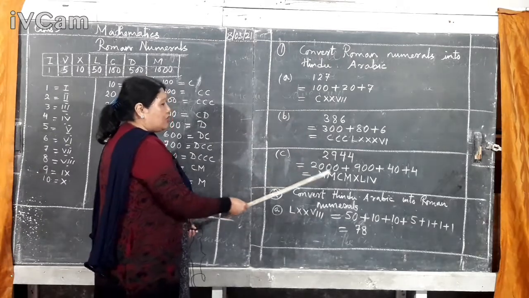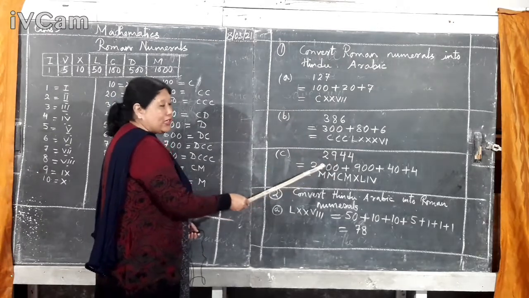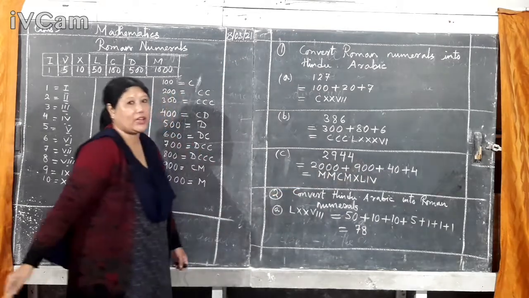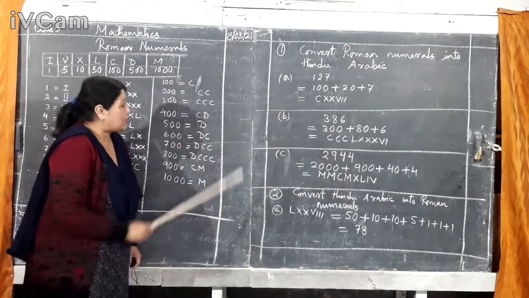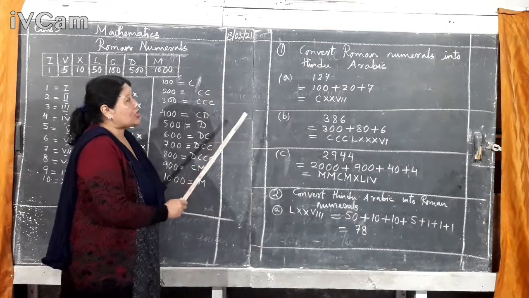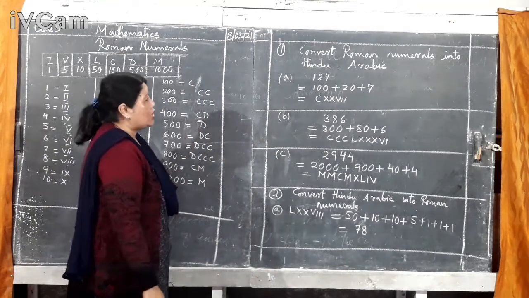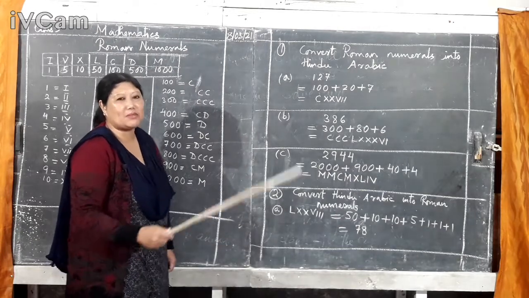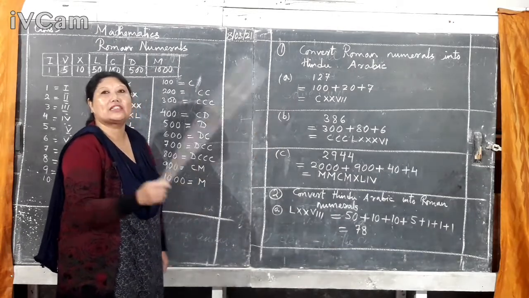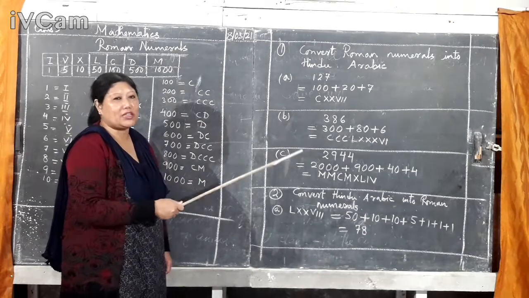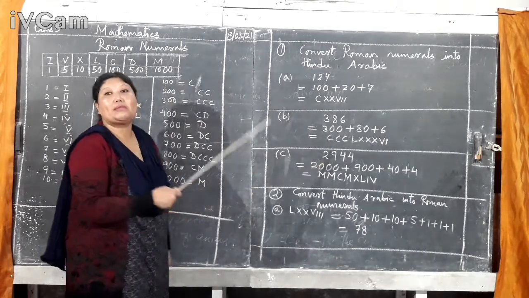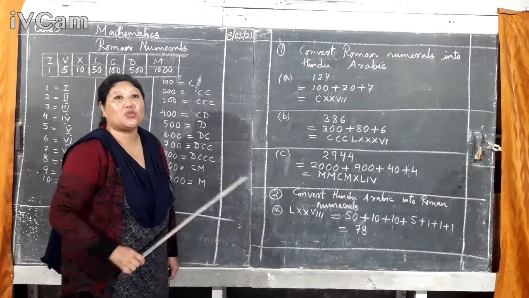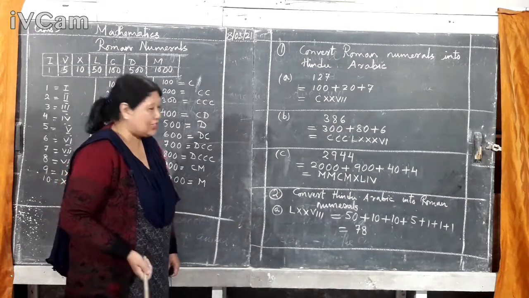Okay, like 2, how do you write? 2's place value, 9's place value, 4's place value, and 4's place value. Okay. Now, these are conversions of Roman numerals into Hindu-Arabic. Okay, what do Roman numerals mean? If you see Roman numerals anywhere, like on a clock also, you will be able to write them as Hindu-Arabics, which we all know in India, isn't it?